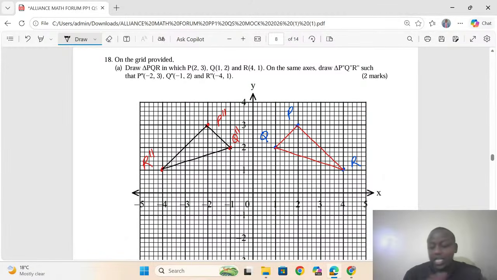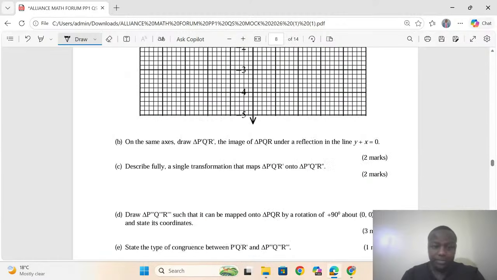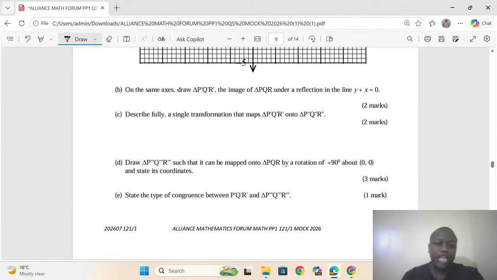So we have plotted, just interpreting coordinates, and we are at the first 2 marks. Now we check part B. Part B of the question is telling us that on the same axis, draw P prime,